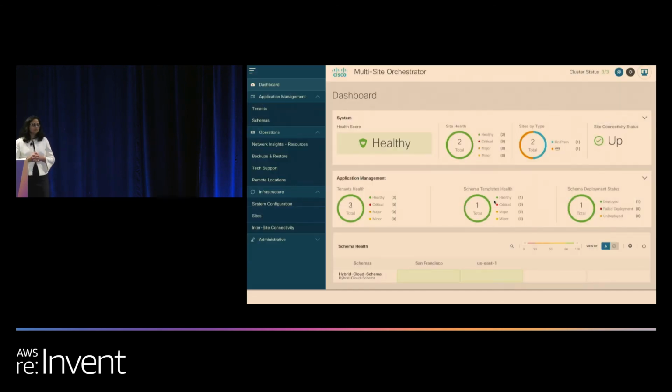Once I log in, I have an on-premises site, which is the San Francisco data center, and I have an AWS site, which is US East. You can see the schema and template, which is nothing but a JSON or XML file. That creates the policy, and I can reuse any policy. I have multiple options. I can have a policy that I can extend to any regions or any site on premises, or I can add any new policies and keep them separate.